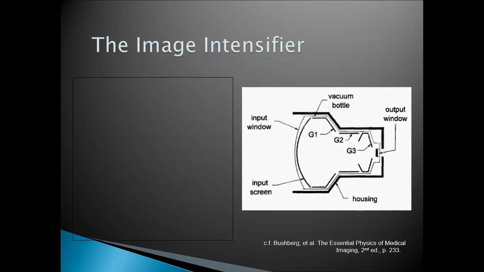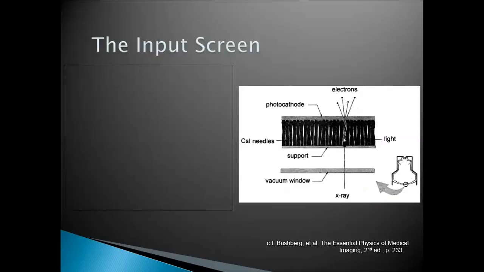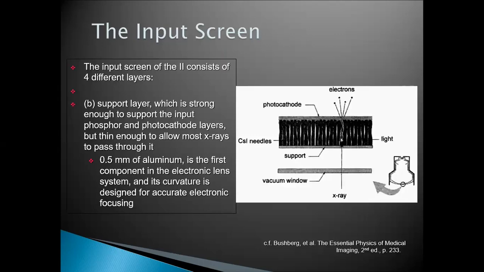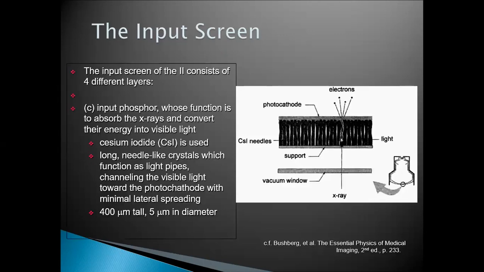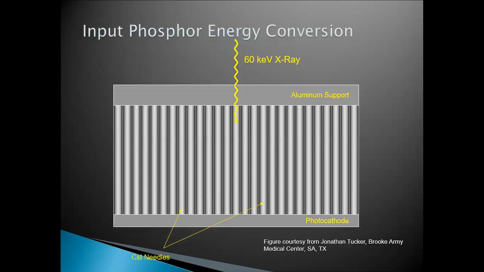So we saw the imaging chain, the image intensifier, the most important aspect, which is made up of the various parts that we saw. The output, the input phosphor, the focusing lens, then inside the input phosphor we have the photocathode, then the output phosphor, and so on and so forth. So the different layers of the input phosphor, the four major layers: photocathode,